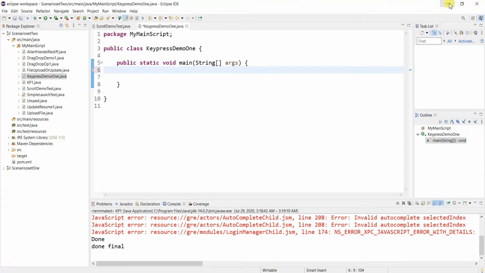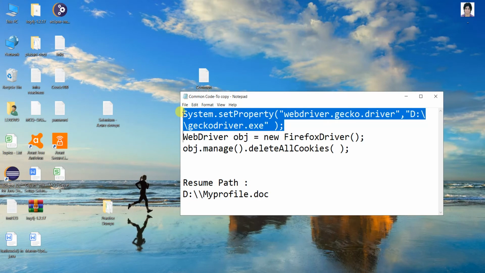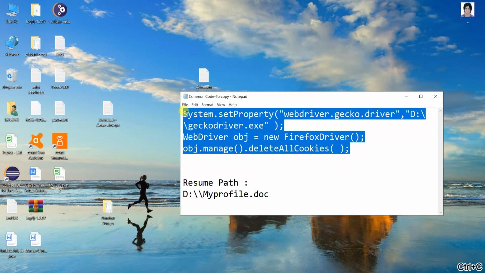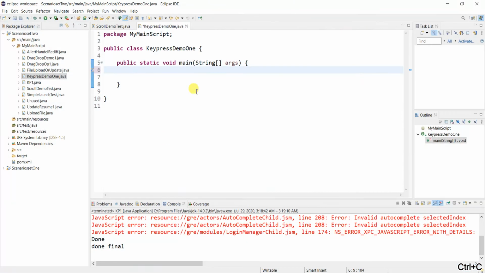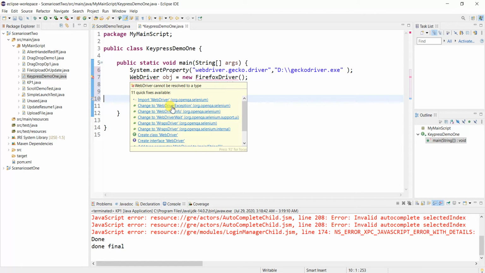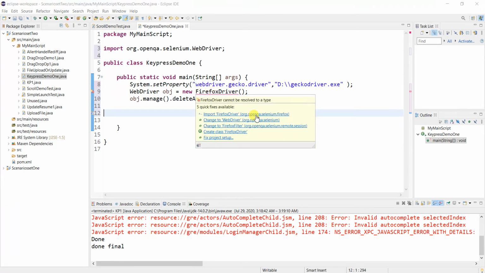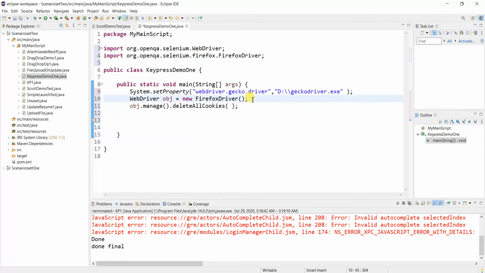Instead of that, I'll go back to the common code template and take the common code which we are using for all the scenarios and I pasted over here. For WebDriver I need to import the API and for Firefox driver also I need to import. It is done.